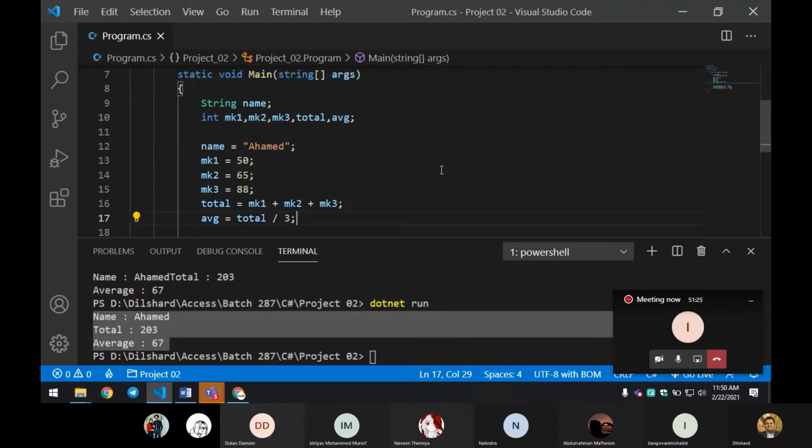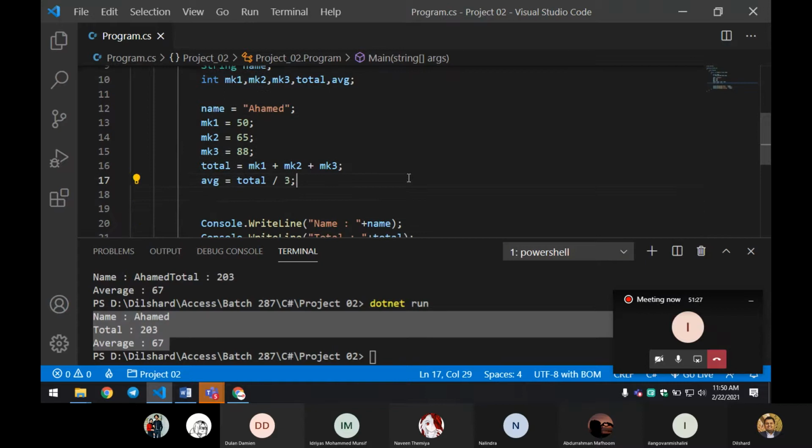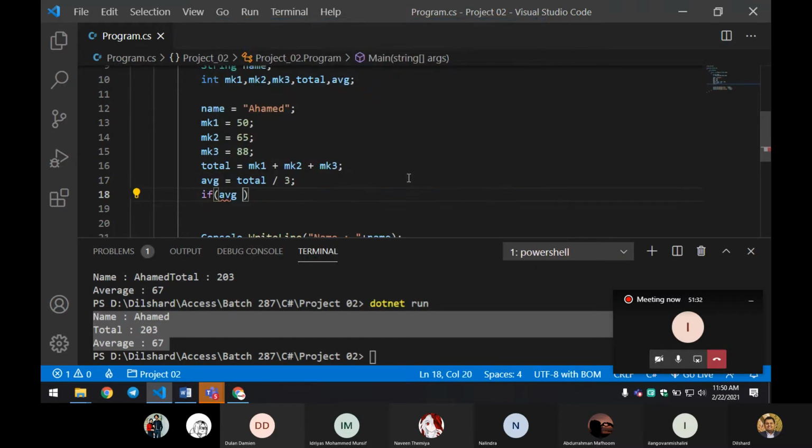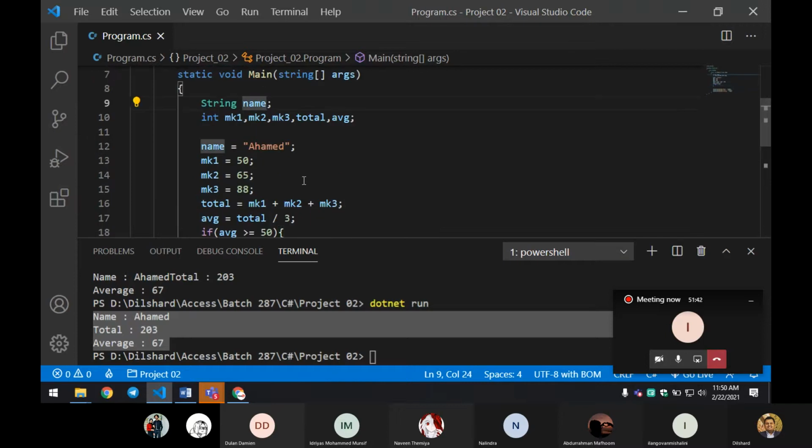So what is the if condition? If average is greater than or equal to 50, grade equal pass. So we need grade to be added. Grade comes under strings.